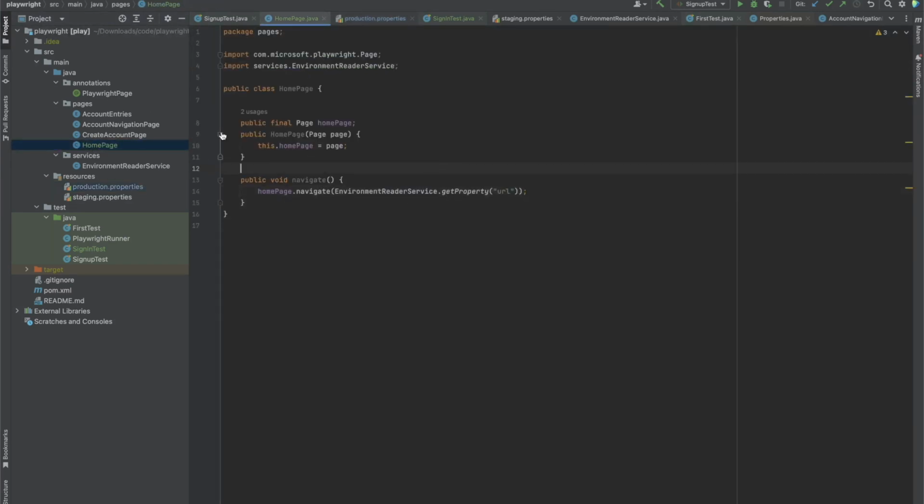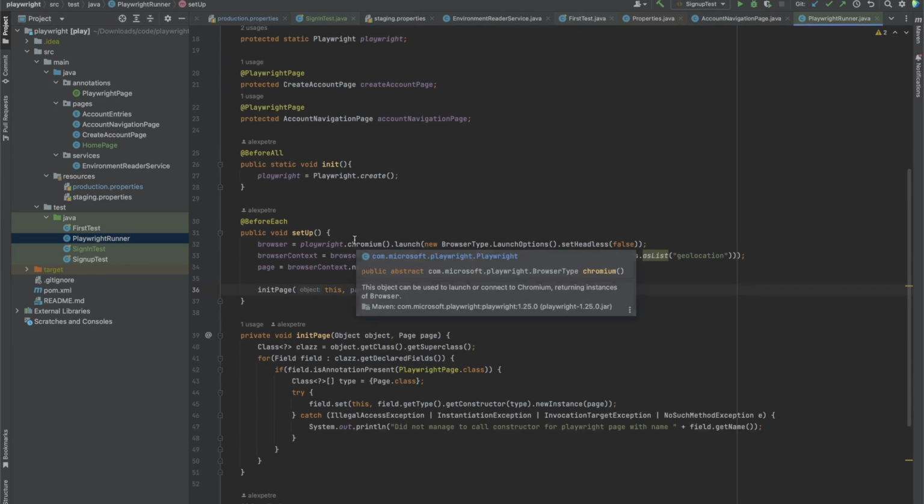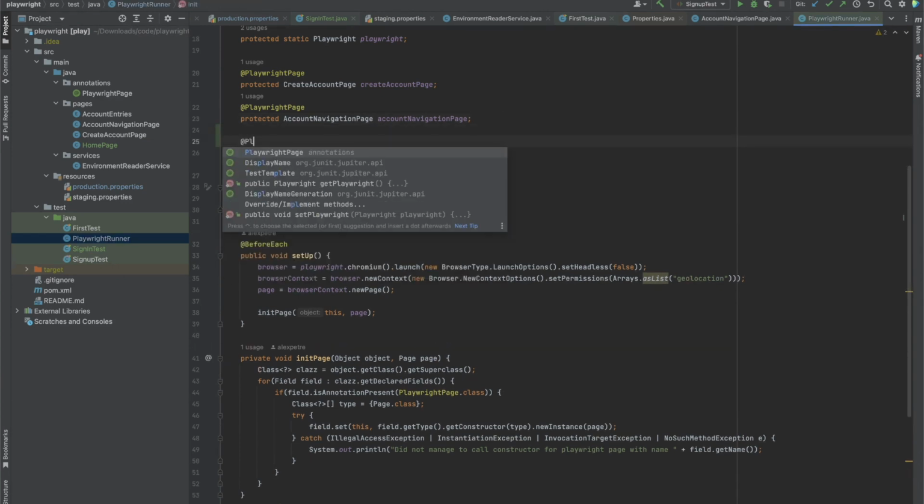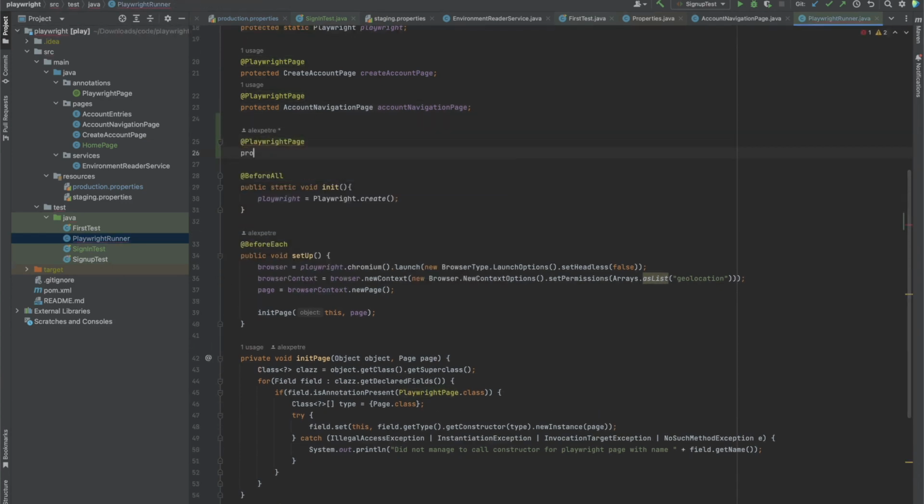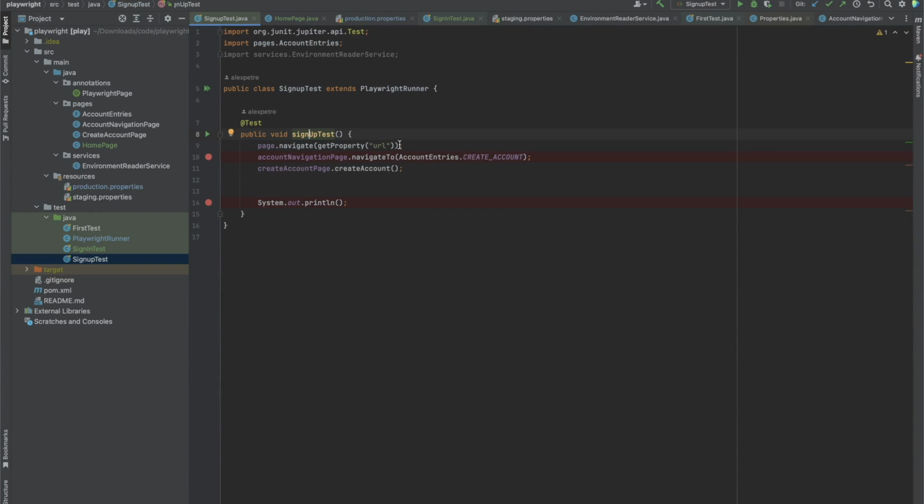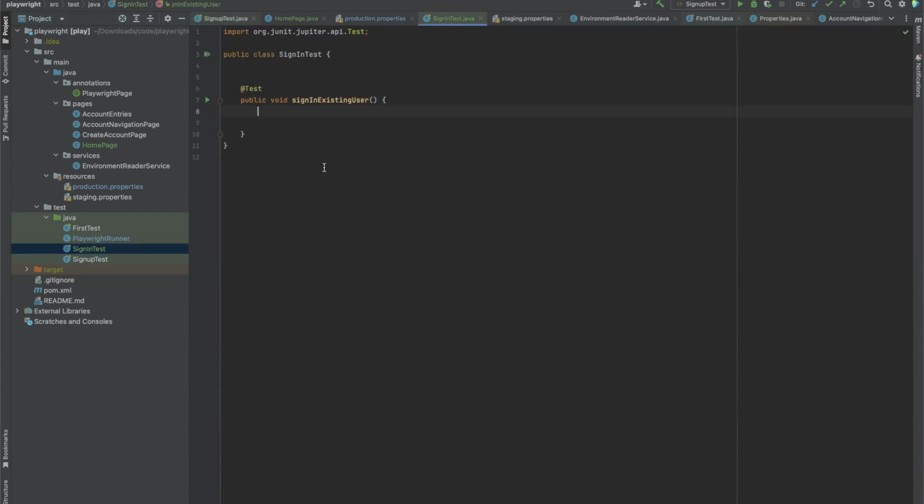Great. Now let's add this page to our Playwright runner. So if you remember from our previous lessons, you only need to add the Playwright annotation, declare the new page over here, and that is all. Now you can use it in your test. So I'm going to call this in my sign-in test, sorry, and call